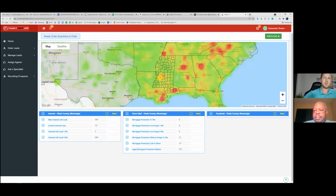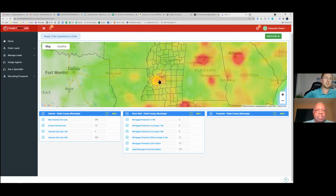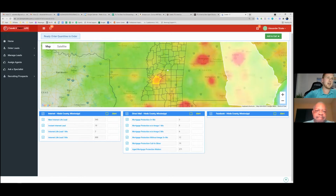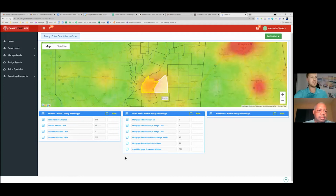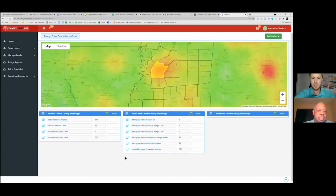So as I'm looking here in the CRM and I'm zooming in on Jackson, Mississippi, are you in Hinds County? Are you in Rankin? Where are you? Hines County. Hines, am I saying that wrong? Hines, okay. Yeah. So you're in Hines County right here. Beautiful, Jackson, Mississippi. So right here in the CRM, we're looking at like a $750 lead budget,